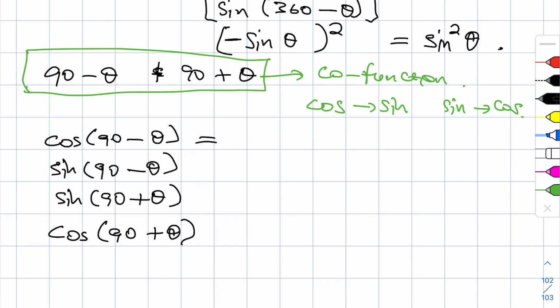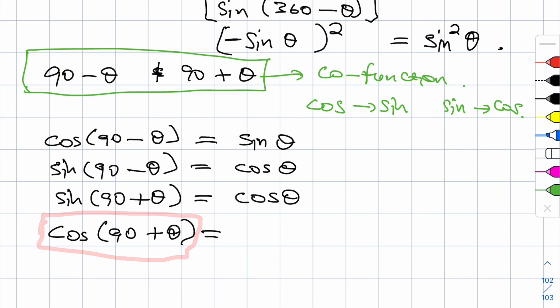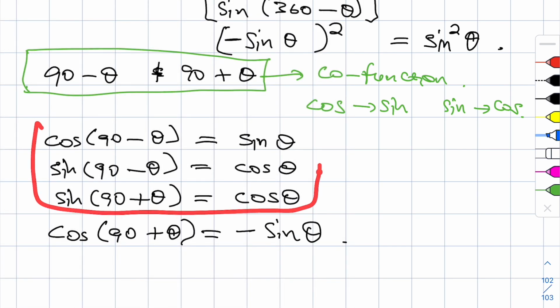Meaning that cos 90 minus theta is going to be sine theta. Sine 90 minus theta will be cos theta. And then sine 90 plus theta is going to be cos theta. Now when it comes to the last one, cos 90 plus theta, this changes to a negative sine theta. So that's the only one that becomes negative. Cos 90 plus theta is negative sine theta. And those three will just change to a co-function without changing the sign. Okay, we'll continue in the